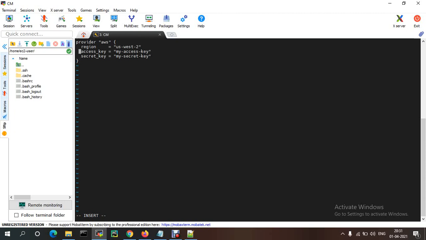If it is Azure, you just need to provide Azure. If it is GCP, you just need to provide GCP. So using Terraform we can provision on AWS, Azure or GCP. Region, ours is the Mumbai region, so I'm using ap-south-1. And for the access key, I just need to give my access key.